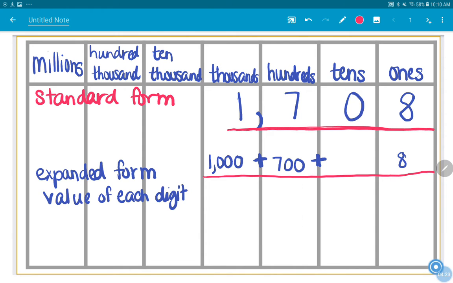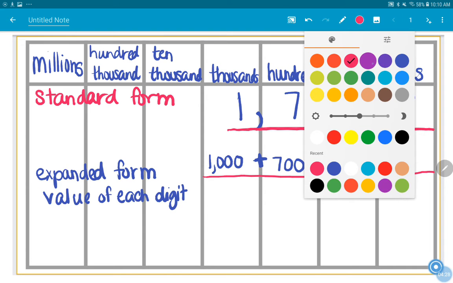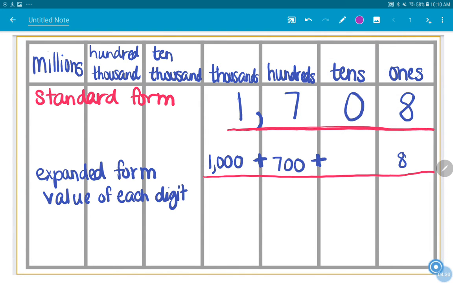All right, so there's one other way that we can write numbers. We can write numbers in standard form. We can write numbers in expanded form. Who knows what the other one is? Word form. Yeah. When we write a number in word form, we write it exactly how we say it. So if I were going to say this number, I would say